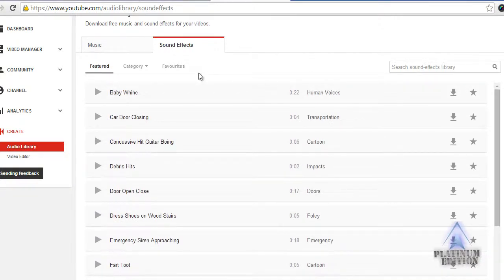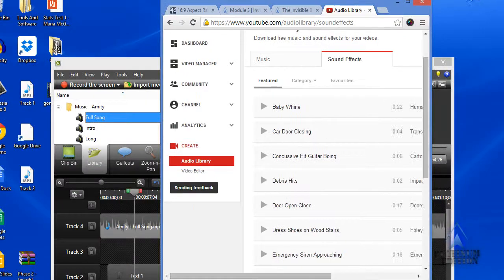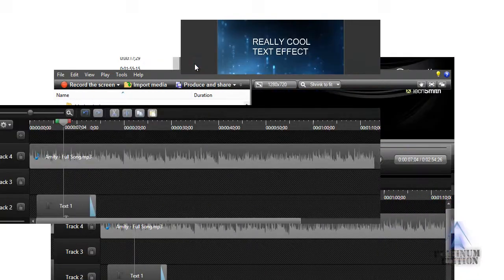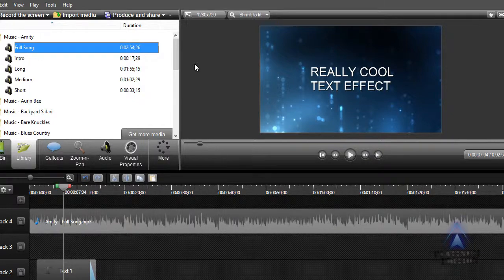It's really fun to use, especially when you find the right song that fits your video. So that's how you do simple animations within Camtasia. And there's so many features to using Camtasia and being able to make really cool videos, like the